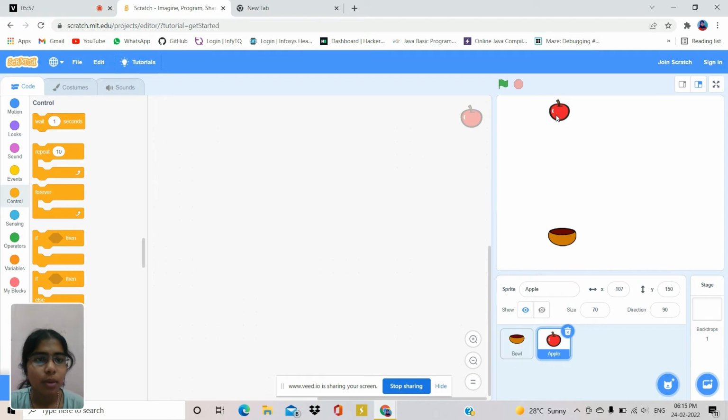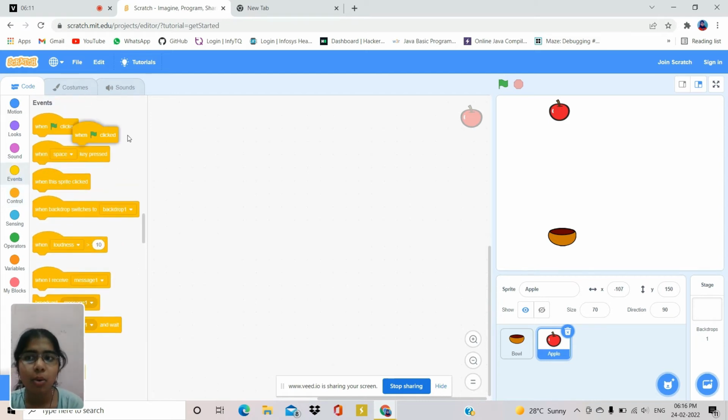So here it is only a single apple, that means it is only in a stationary position, right? It is still not moving, it's not doing anything. So I am going to make the apple fall. So first, the statement that we are going to use is the when green flag clicked block. After you click, then